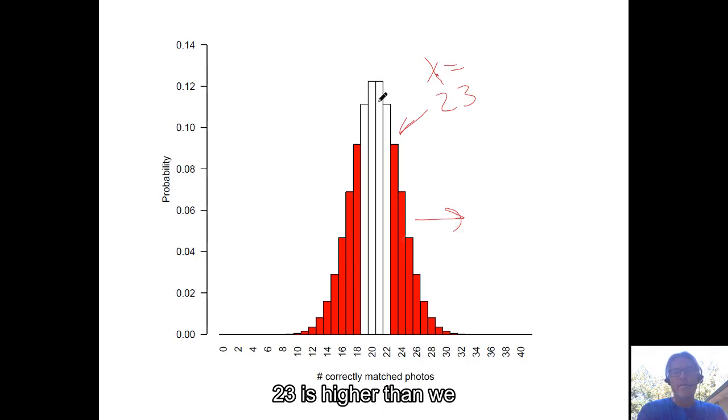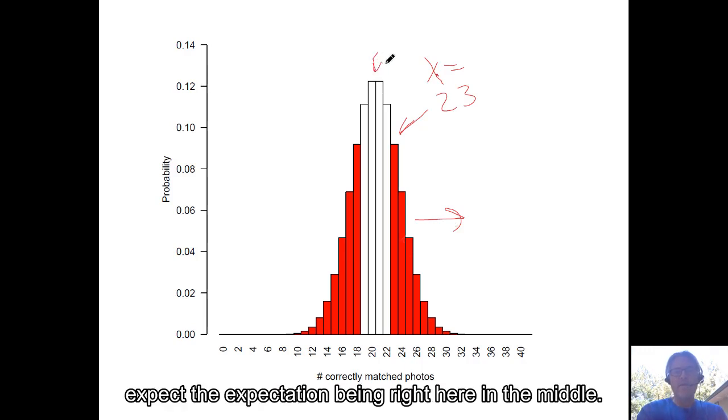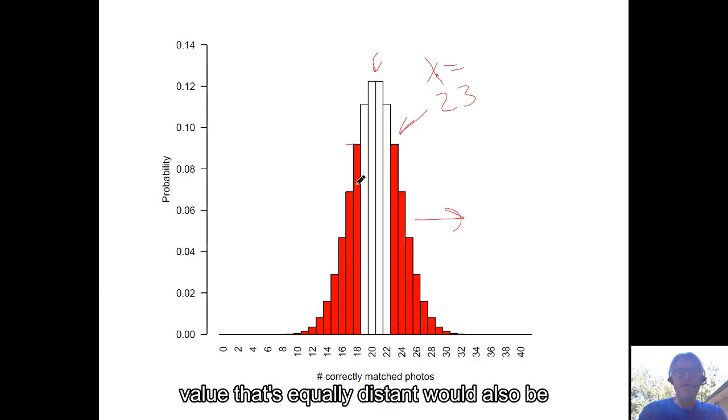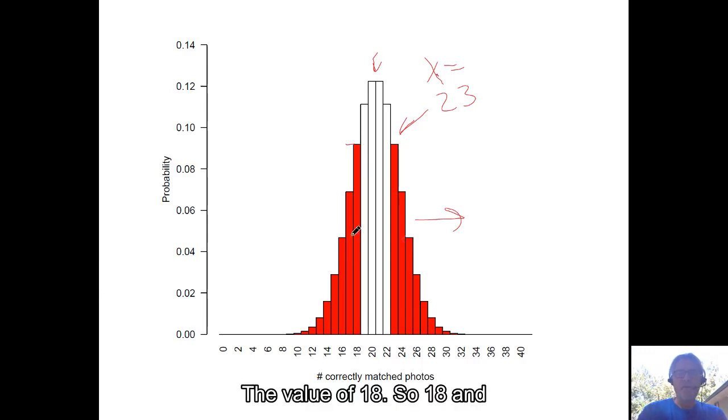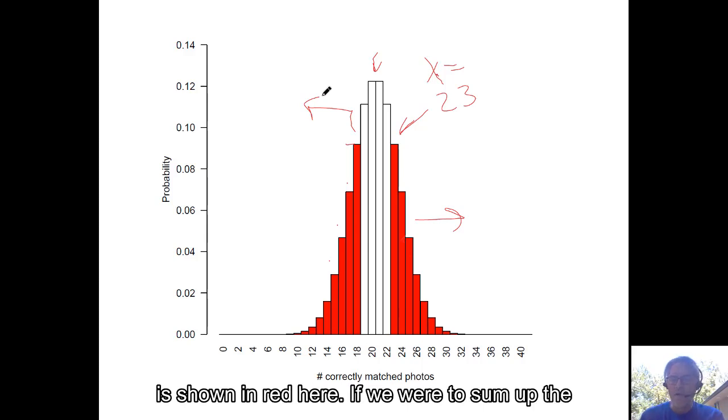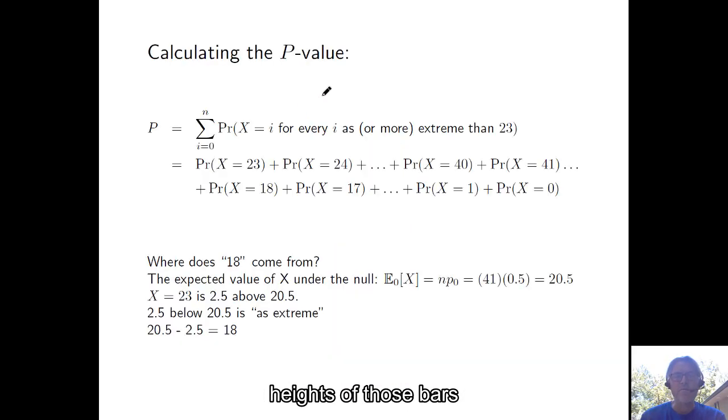23 is higher than we expect, the expectation being right here in the middle, but a lower value that's equally distant would also be surprising. So that's a value of 18. So 18 and 17 and 16, etc. So this tail also contributes to the p-value. So graphically, the p-value that is shown in red here, if we were to sum up the heights of those